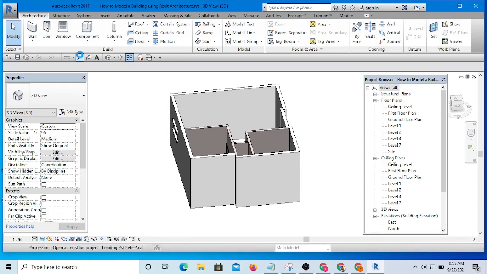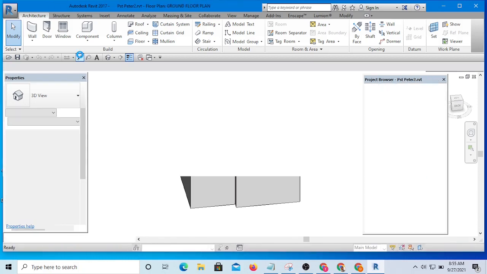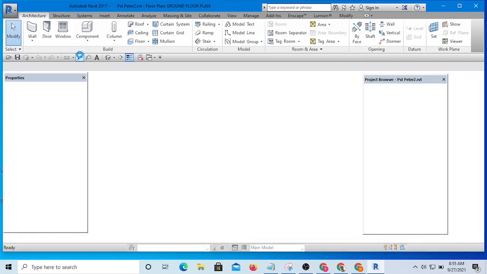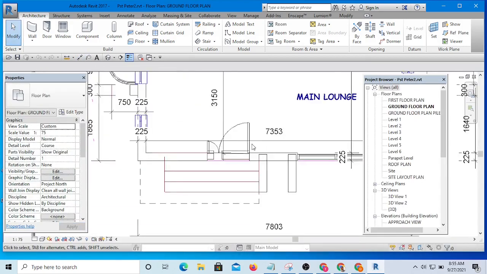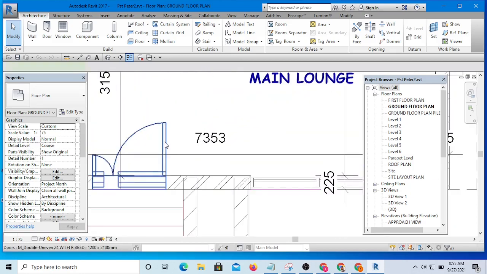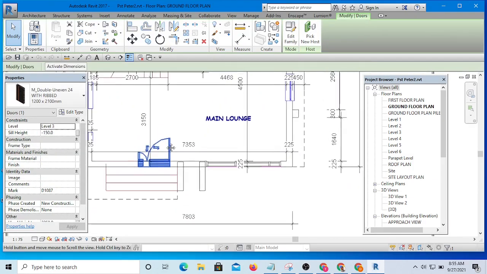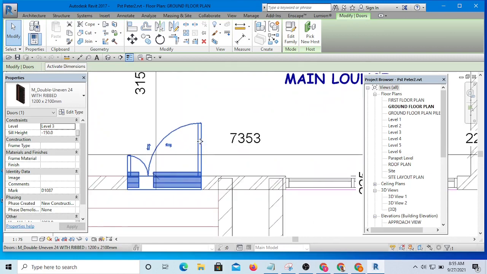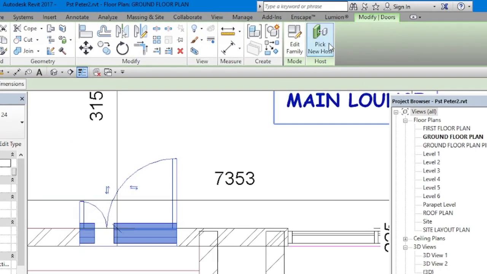So that I'll be able to load doors and windows from there. I want it to be exact door and window. Okay, you can see this one. I want to load this one into that project. So I'll simply select it, then hit Edit Family,